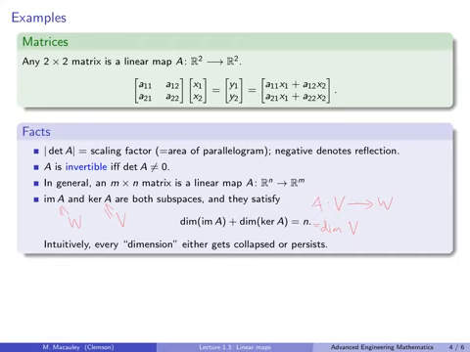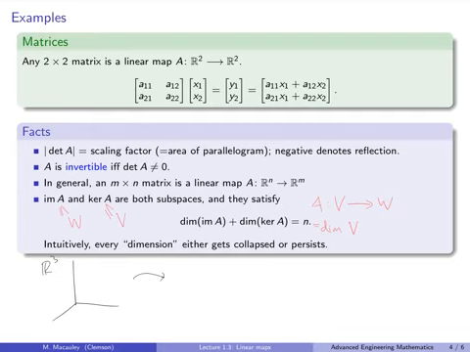Now, intuitively, what this says, this is often called the rank nullity theorem, is that every dimension in the domain either gets collapsed to zero and is part of the kernel, or it persists and it's part of the image. So let me see if I can draw a picture of this. So here's